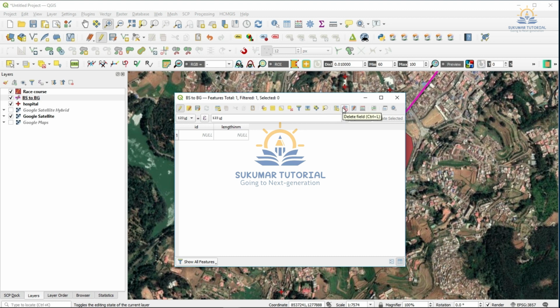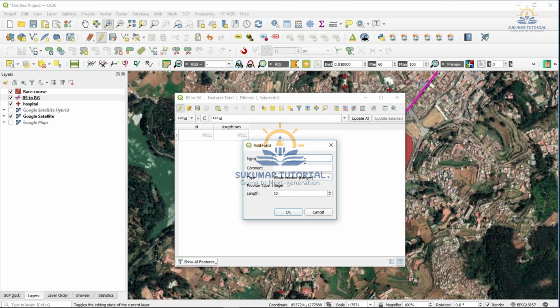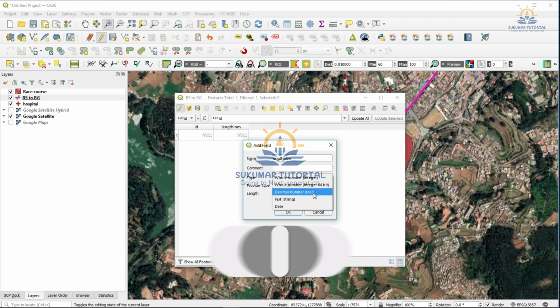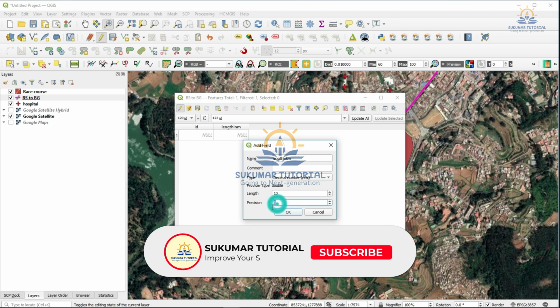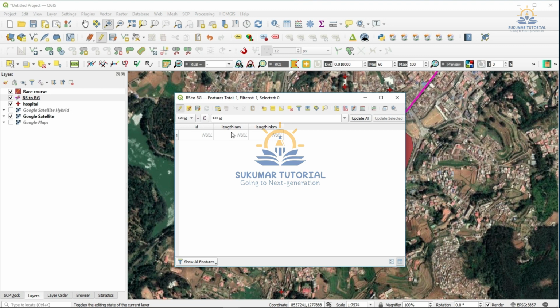Again I have to go to new field, I have to create another field, that is length in kilometer, decimal number, precision I have to give 2, say OK. So 2 fields have come, one length in meters, another one length in kilometers.